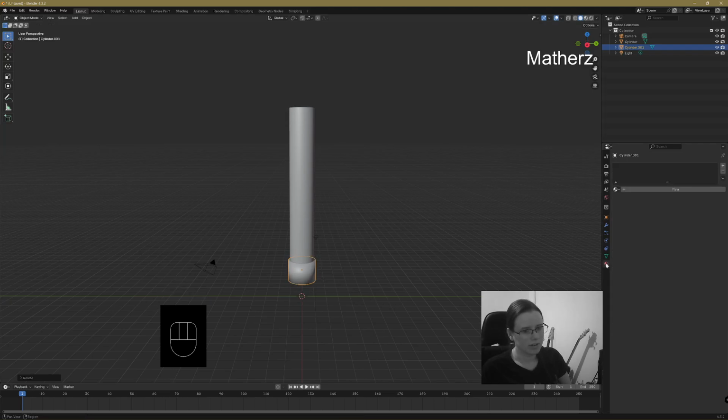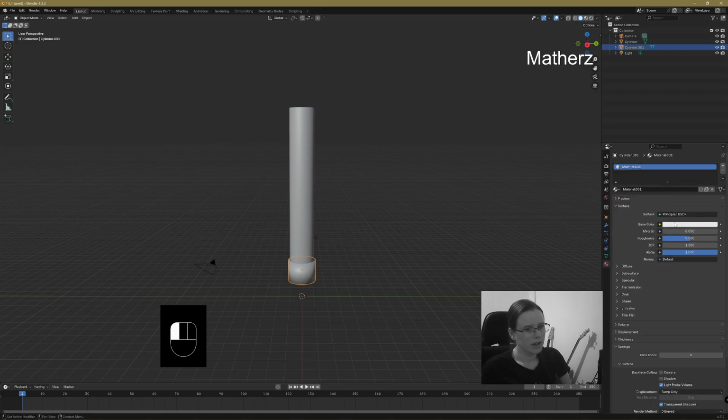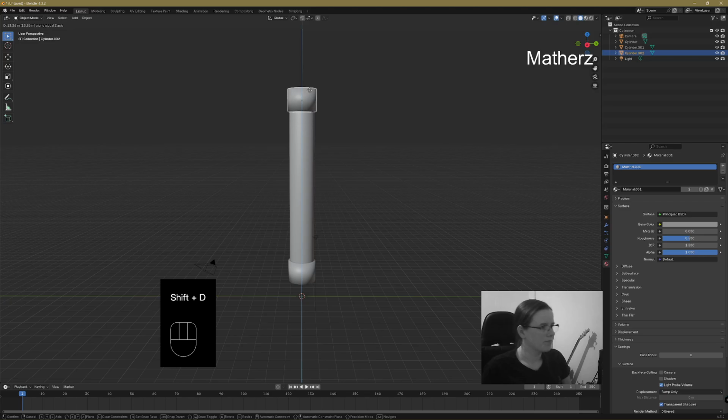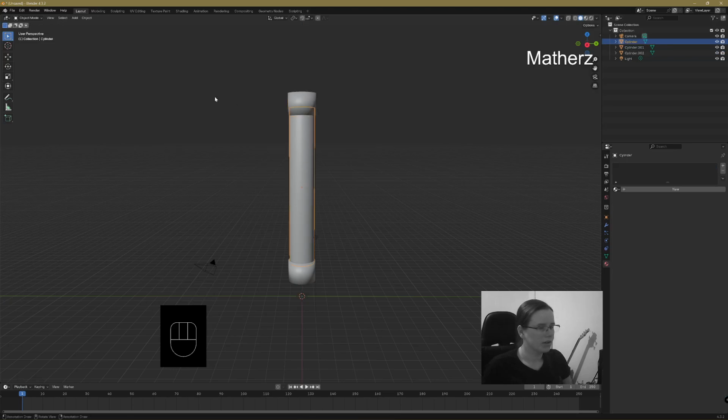Let's go to the materials tab right here, add. And then we'll put this one as kind of a grey colour. And then we're going to Shift D, duplicate it. Bring this one up. Now this one in the centre, what you're going to want to do is go to